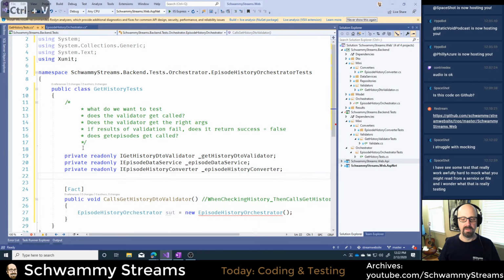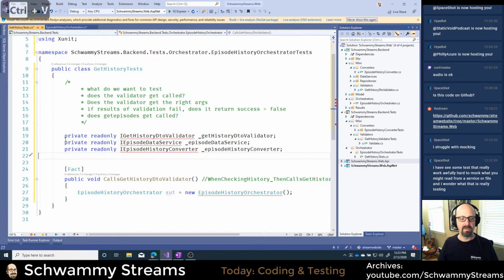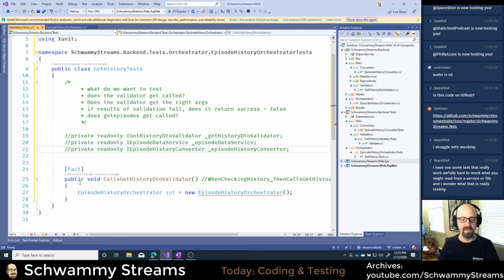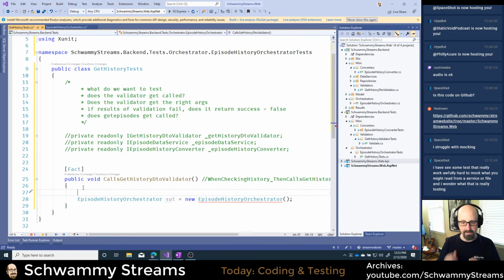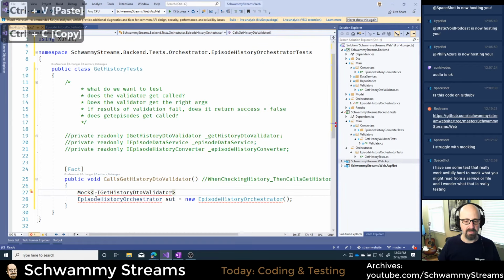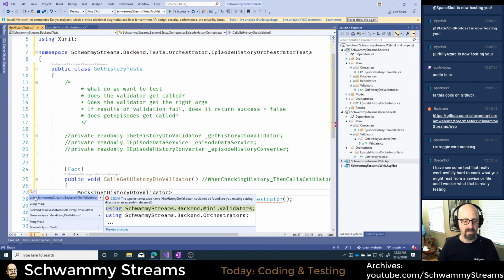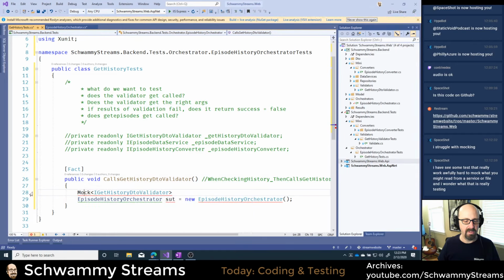I need those three things, so what I'm going to create is a mock of each one of those. I want a mock GetHistoryValidator. I need to add a reference to validators and Moq.